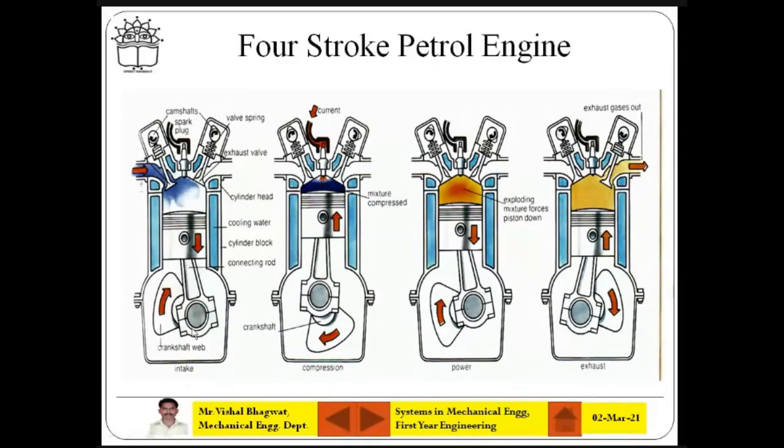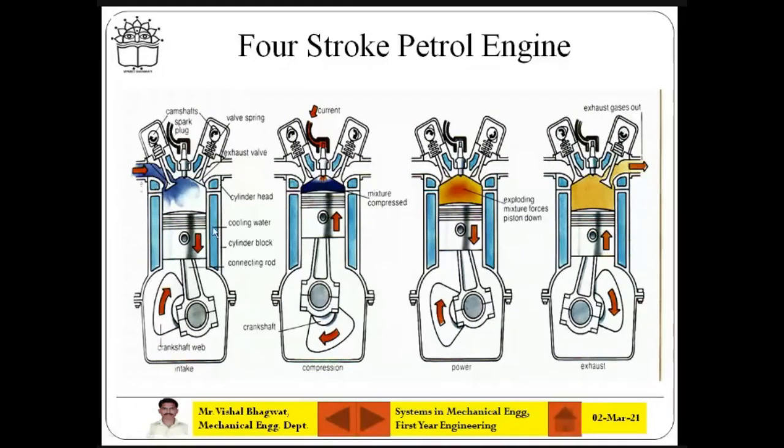Okay, fine. So here you'll see what is the first stroke. This is a petrol engine, so what may be coming inside is the petrol and air mixture. There is something called a carburetor for a petrol engine. In the carburetor, the air plus petrol mixture is made in adequate quantity, and it will be sent inside the engine cylinder. At that time, this inlet valve will be kept open, and the piston is going down.